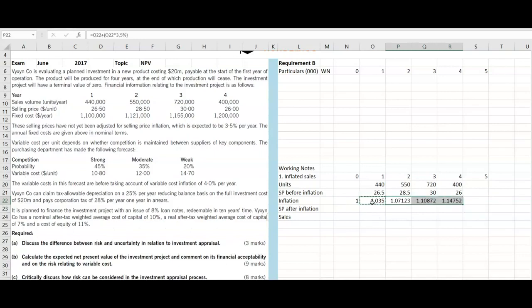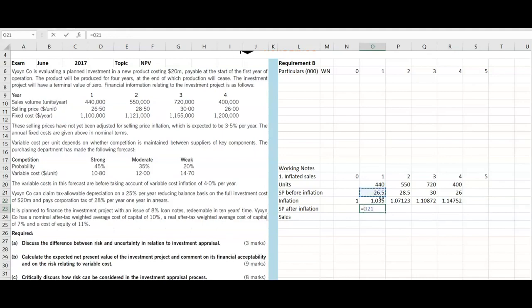The number should increase like this. It should be 1.035, and then it should increase compoundingly, because it is a compounding formula only. So that we have done. The next step is to multiply the